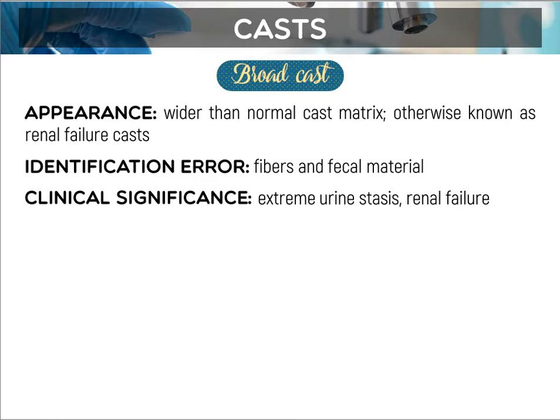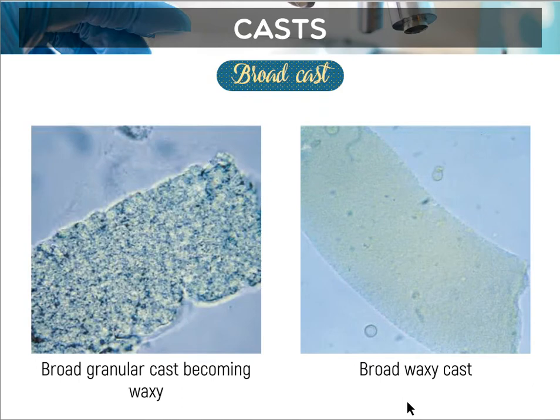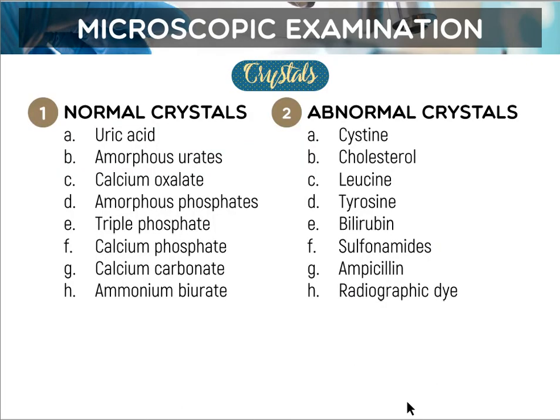Then broad casts, these are also called your renal failure casts. Grabe kaayo siya. So, all types of cast may occur in the broad form, but the most common are your granular and waxy casts. So, these are commonly seen. Clinical significance: of course, extreme urine stasis and renal failure. Okay? Next,